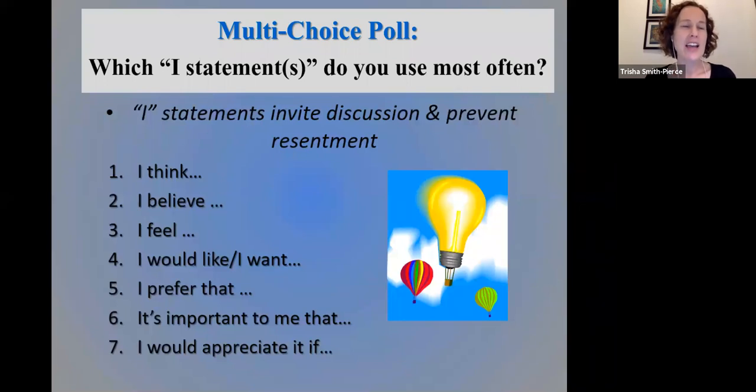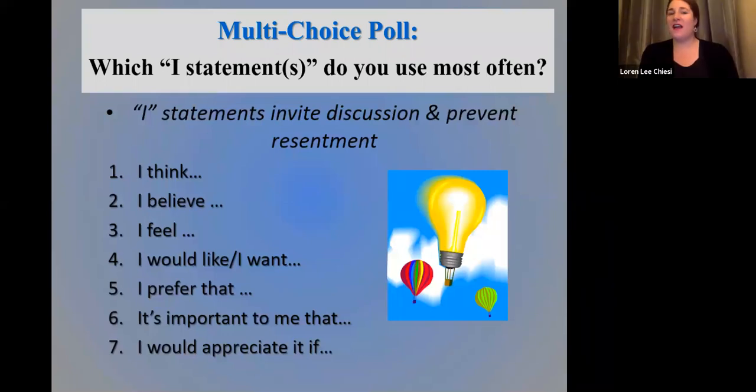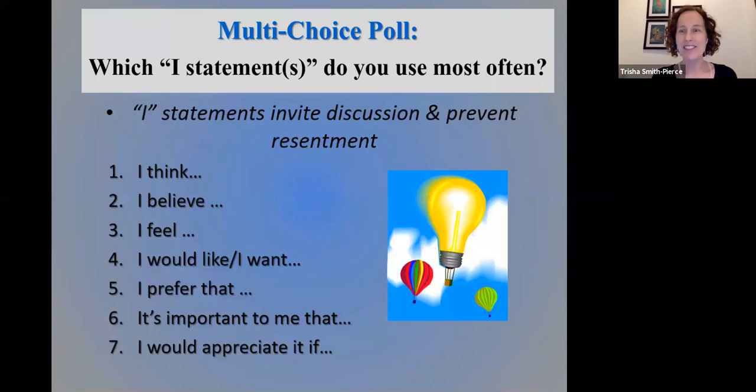I know for me, I use "I would like" a lot. I would like this to happen. I would like, I don't know why. I think it's because I've gotten out of the habit of using "I think" in my writing, because when I used to write research papers, I would say, I think this. And then I had so many teachers say, get out the "I think" stated as evidence. If you've got the evidence to support it, then just have it be that. But when we're talking, it's often in a completely different context, but because of that, I've completely taken it out of my repertoire. But "I think" is far and away the most